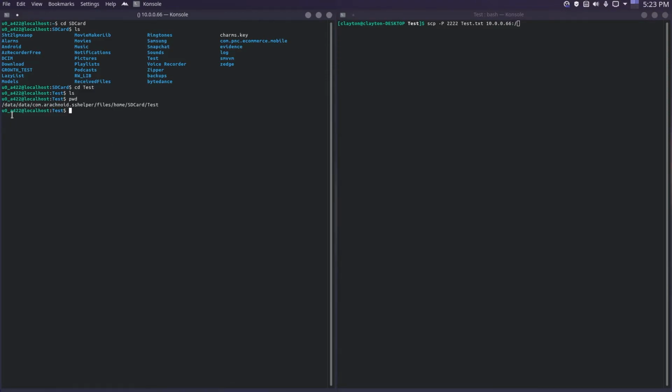But there is a bit of a problem because we can't just copy this. This won't work if you copy this and paste it over here. So we're going to have to go into the actual directories of our phone by typing storage